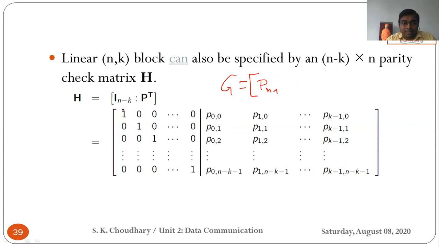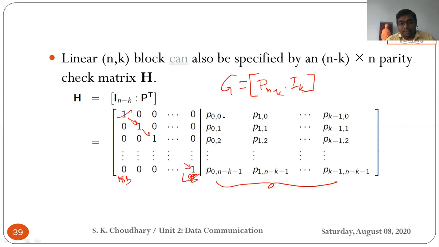Okay. Now you can see I is the identity matrix as usual, so the order is n minus k, with 1 0 0 0 0 1 positions. We shift the position of I up to the last. The last bit would be the LSB, which is 1, starting from the MSB end to the LSB. Now we have taken a partition for I_{n-k}. Here we are representing the parity matrix, and we start from P00 to P_{k-1}.